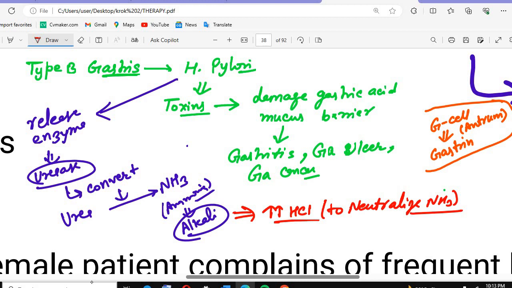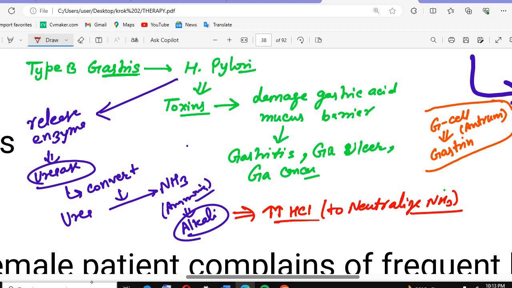So if the type B gastritis, that is H. pylori, will be mentioned, they release toxins which damage the gastric mucous barrier, that will cause gastritis, gastric ulcer, gastric cancer. And this H. pylori releases enzymes like urease, and they convert the urea into ammonia,